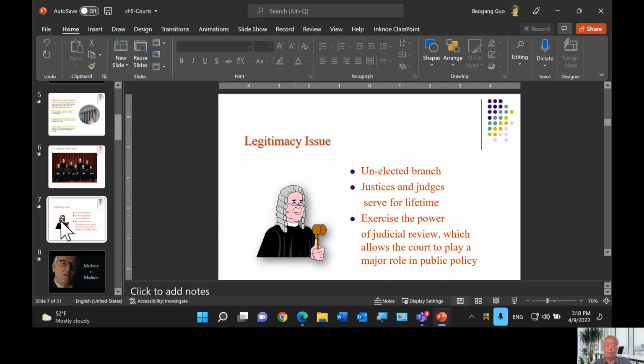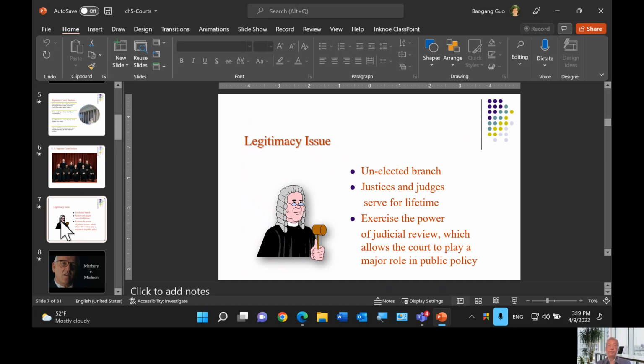So the ability of the court to review laws passed by Congress, decisions made by the president, or even ordinances and regulations issued by government agencies, school board superintendents, all of those decisions can be subject to what we call judicial review.